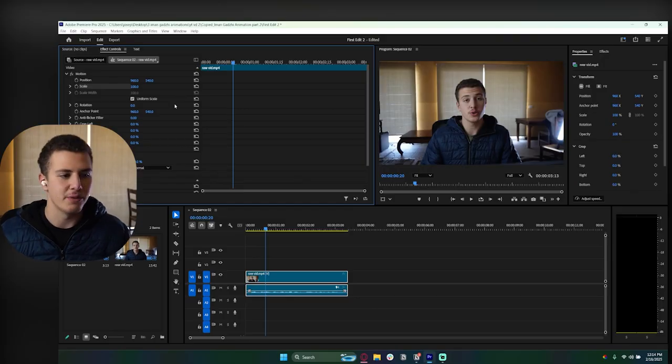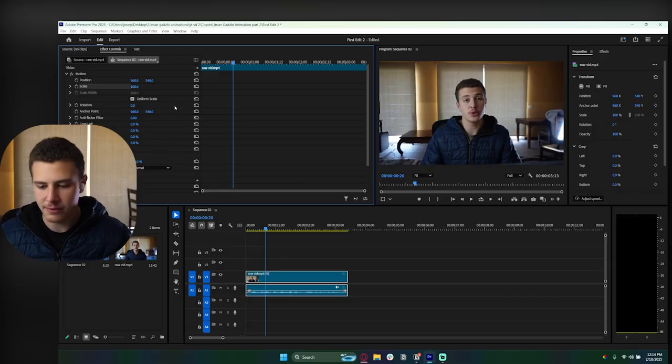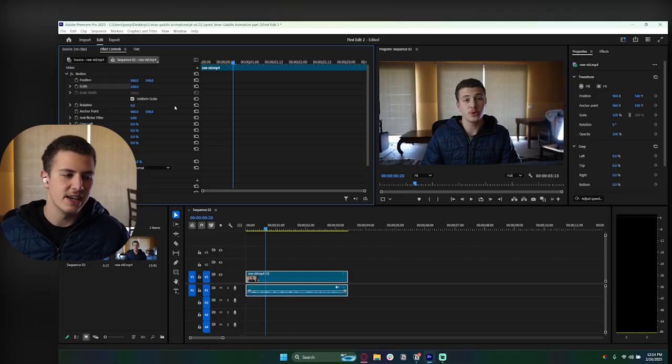So if I add a keyframe for my position, I can tell it that at this moment, it's this position, and I can move to a different moment and tell it that at this moment, it's a different position. If I add a keyframe for my scale, I can say at this moment, this is the scale, and at a different moment, this is a different scale. So I can add keyframes at different points, at different times,